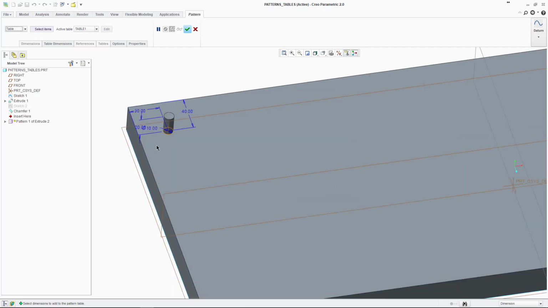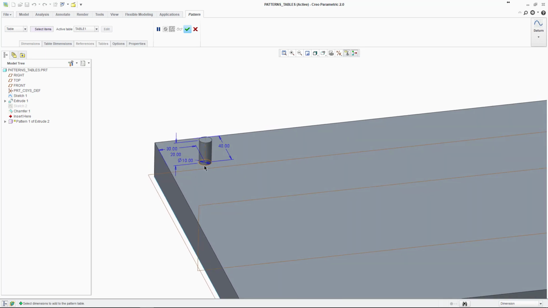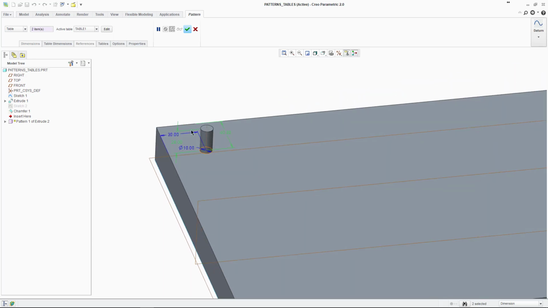And what we're going to do is select some of the dimensions that are driving our original boss feature here. I think we'll select this 40mm dimension that's referenced to the top edge there. And let's select the height of the part, so in my case that's 20mm. The way I selected both of those items was after I'd selected the first one, I held down Control and selected the second one, and you can see that I have 2 selected because it says up here 2 items. When I've got them selected, I'm going to click on Edit over here, and that's going to allow me to edit this table that's been created